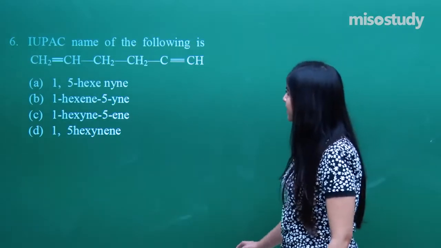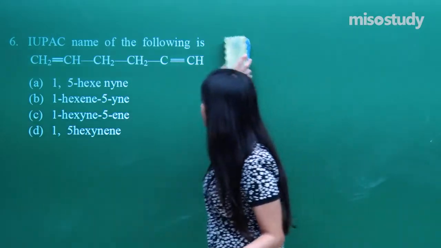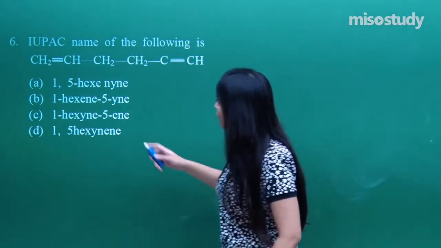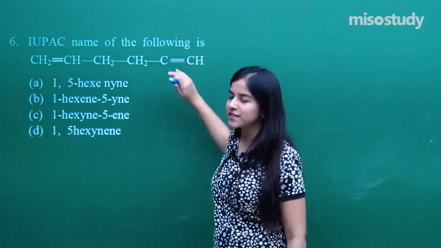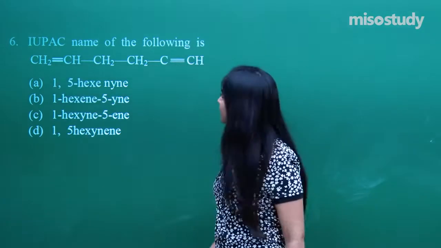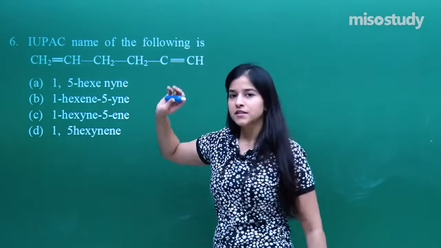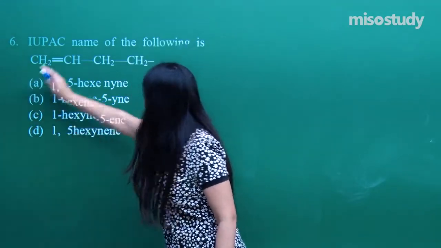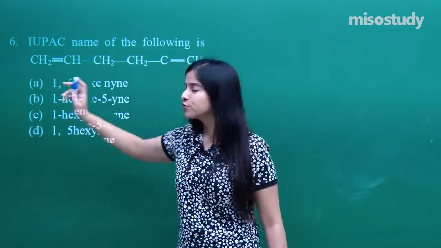So what does it say? Okay, we have done this kind of a similar type of question before as well. If you look very carefully, I have got a double bond, I have got a triple bond. I need to assign the IUPAC name again. So what do I need to do? I need to check whether I need to number from left to right or right to left. So that is what we need to do.